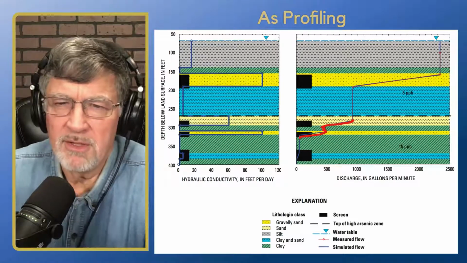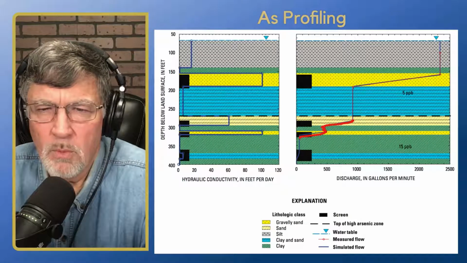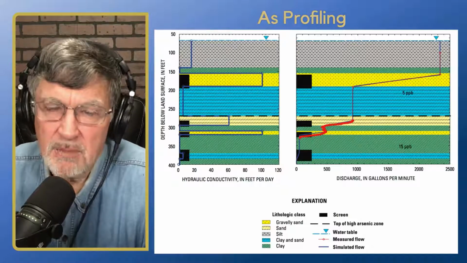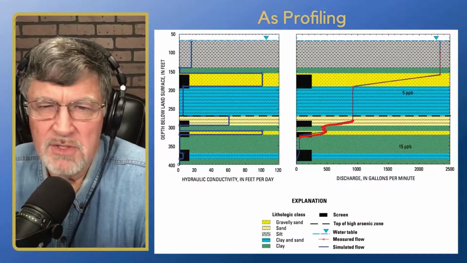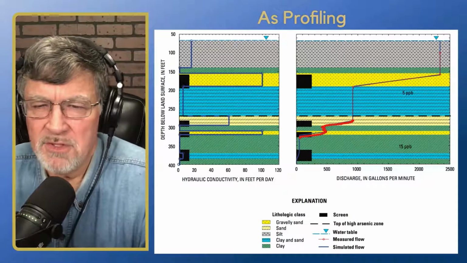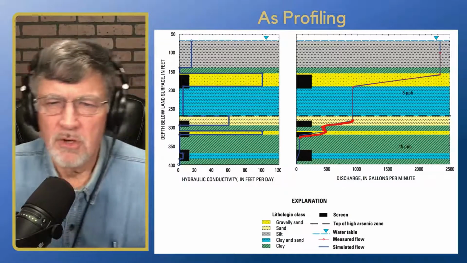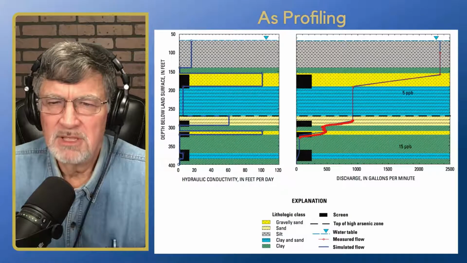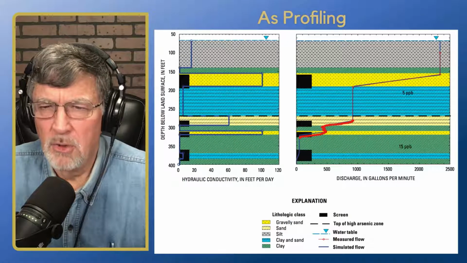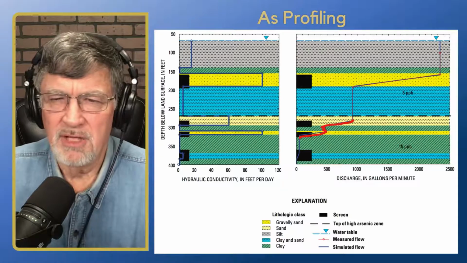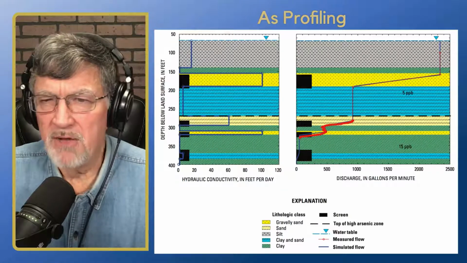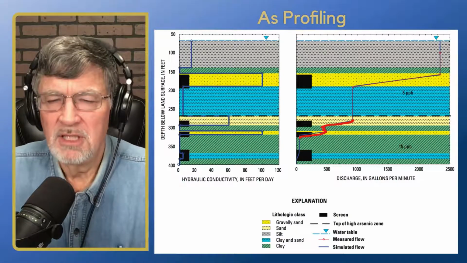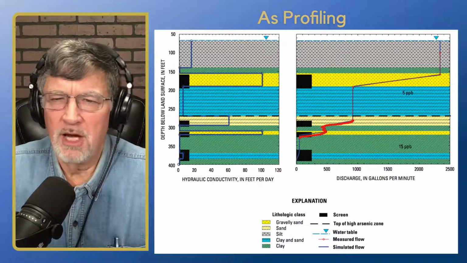Then if we look over to the right, now we've done our well profile, and we can see where our screen zone is, the black blocks, not the outlined ones. That's on the left, the hydraulic conductivity, but on this side we look at the screen intervals, which are appropriately screened in the sands, and we see that our highest arsenic is down below. We got 15 parts per billion down in that lower zone, and 5 parts per billion up above. So obviously 10 is our MCL,